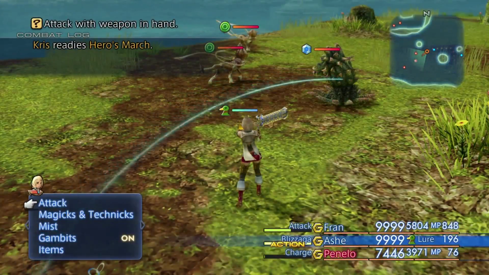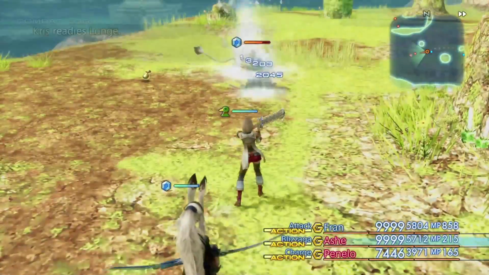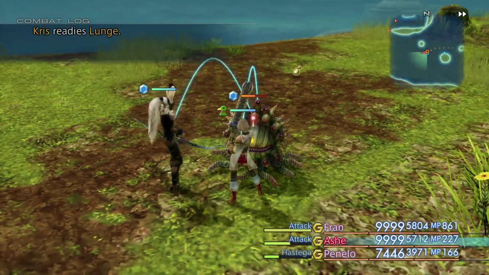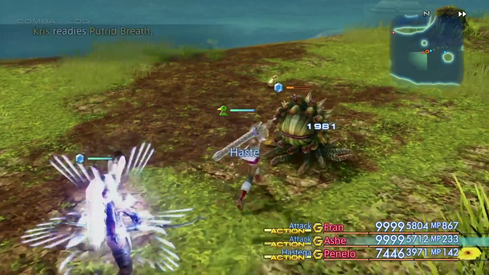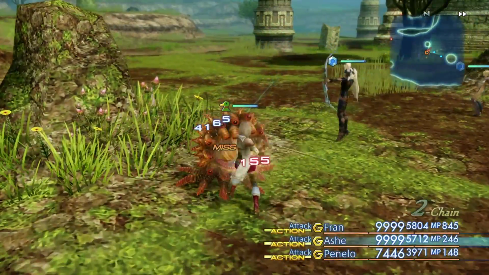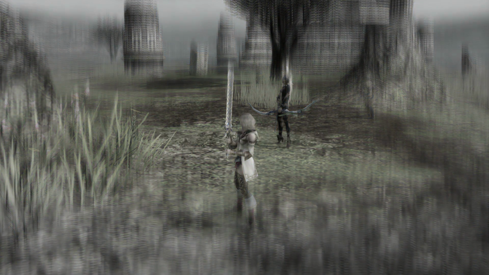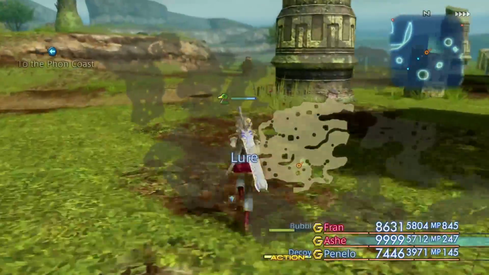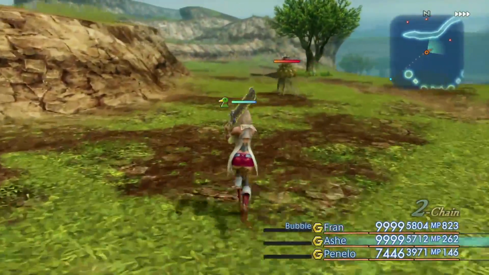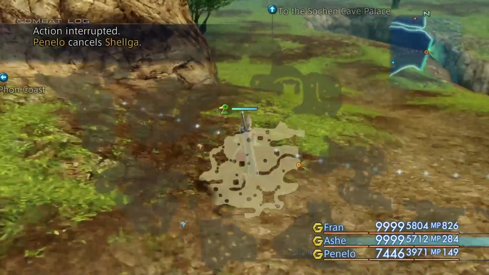It does have Hero's March, and it will use that to buff itself and every other nearby creature in the zone until you kill it. It also has the traditional Malboro things like Putrid Breath and stuff like that, but it itself is not difficult at all, and you can dispel its buffs every time it uses Hero's March. I forgot what it is. Hero's March or War March. Anyway,